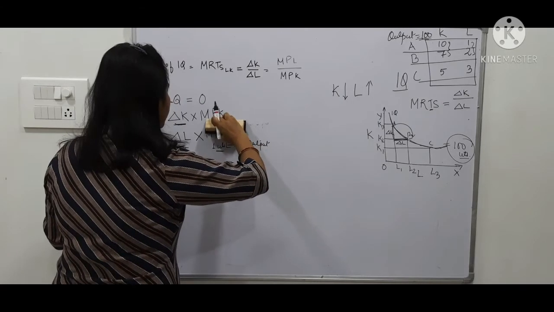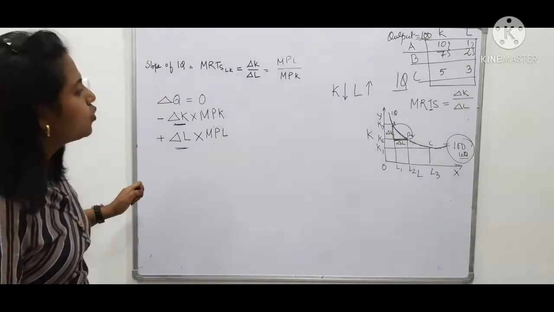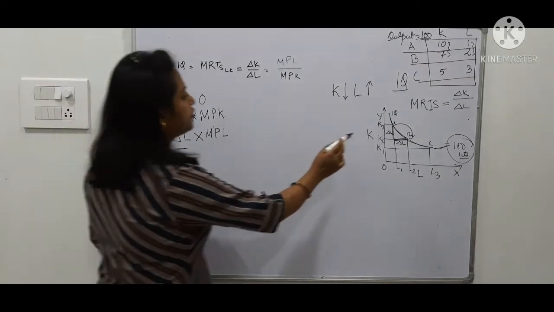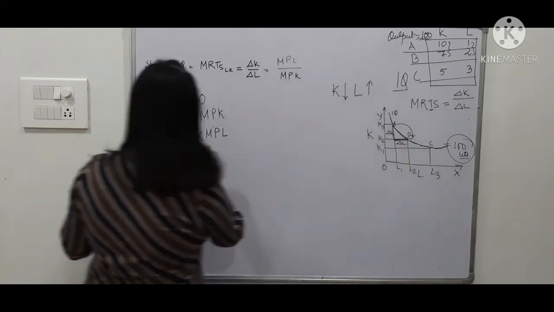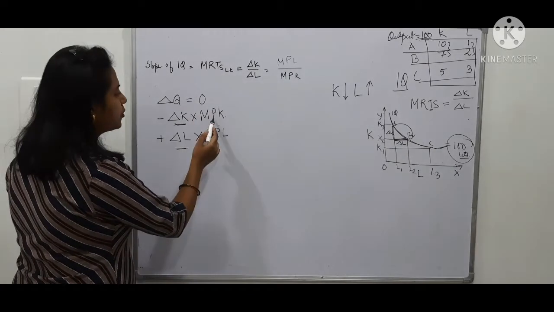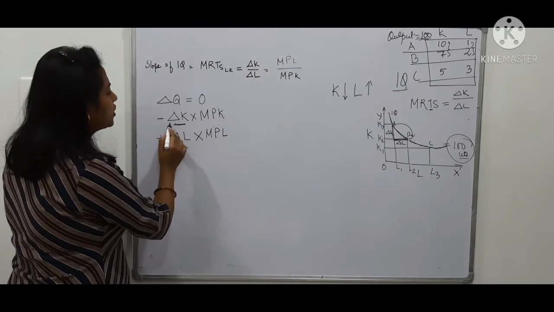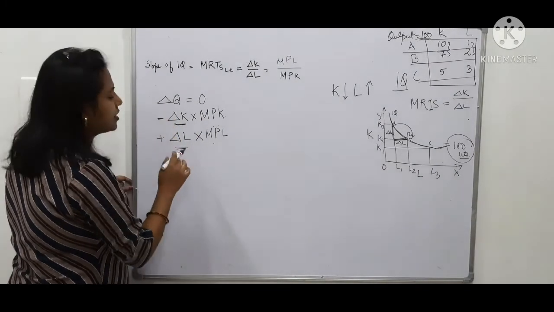So okay, I am just omitting this part. So now I got this. So what I see is that when I shift from point A to B, there is a change in capital accompanied by, or you can say, the marginal productivity of capital also changes. So the total change is this. This total change is negative because I am sacrificing capital.